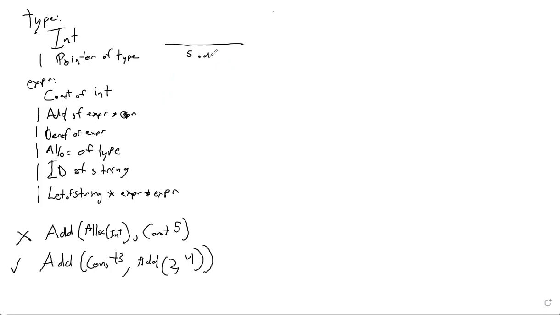Then we put the premises on the top. So let's say we have the premises that 5 is equal to 4 plus 1, and also that 4 is even, and also that